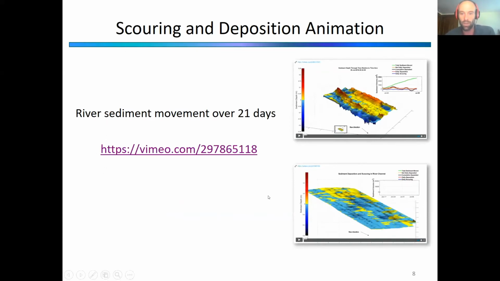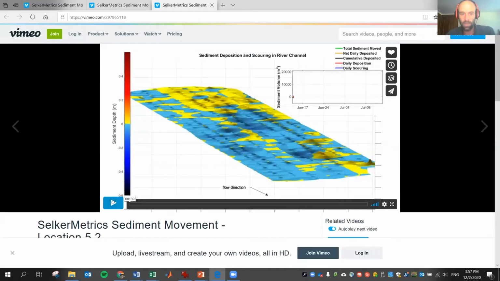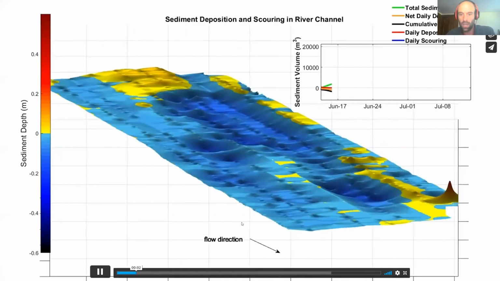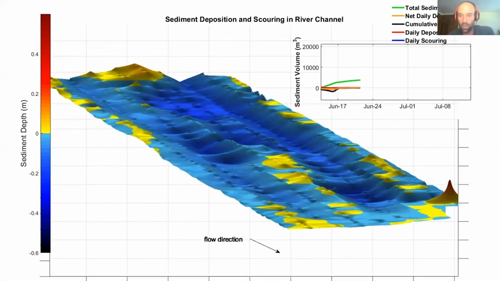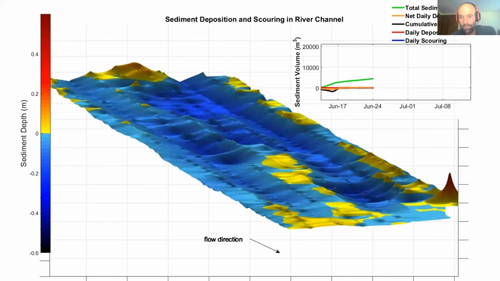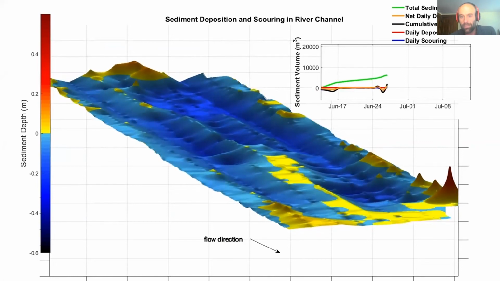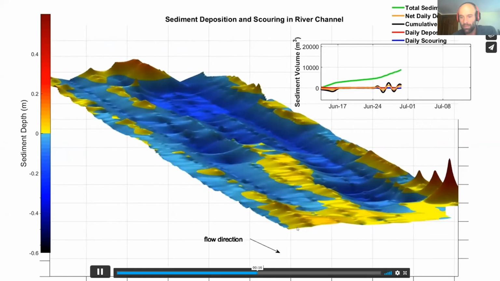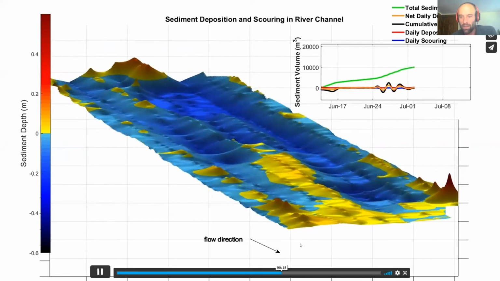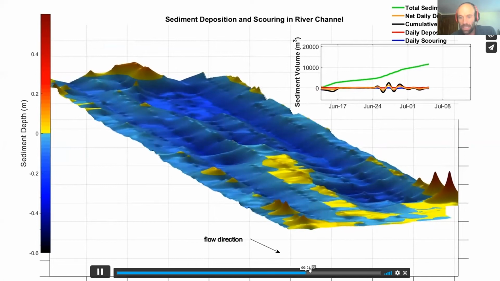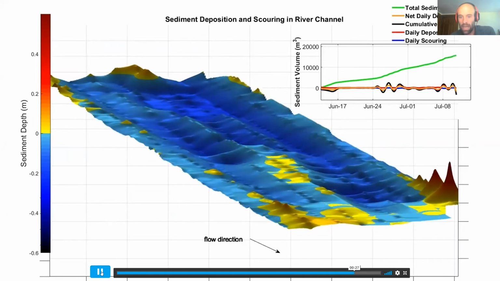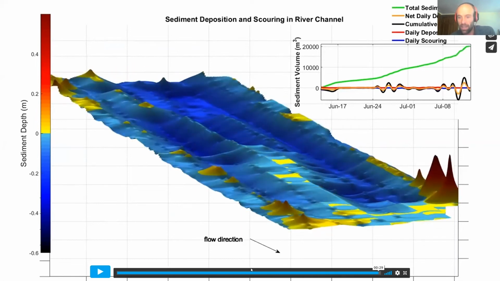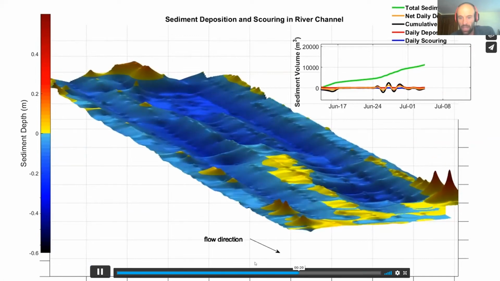And I'll show you a 21-day integrated animation here of sediment movement through time. We've interpolated this so it creates a nice, smooth, planar surface. And we can basically get a sense of sediment movement at a daily to sub-daily time scale. I'll play this last little bit again because it's a little bit more active